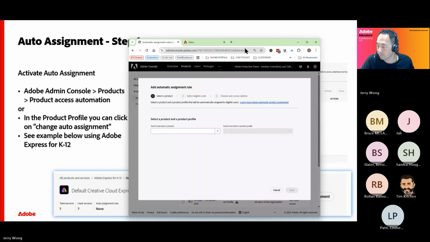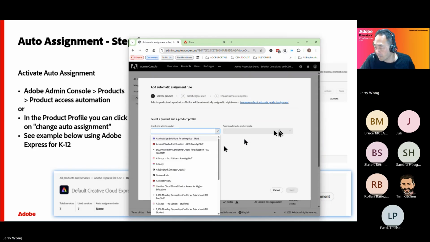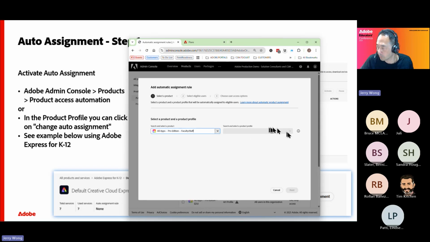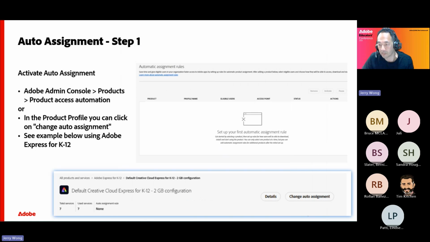And pretty much you select the product that you want to manage. And of course, you have the default profile. Let me just click this one, just to give you a quick idea what that would do. Okay, it's taking a little while, but I'll just move that aside for a second. So what it does is it helps you create an automated process for you to provide a license to groups of users in your organization, right? And you can assign it to a product profile, which normally is your default one.